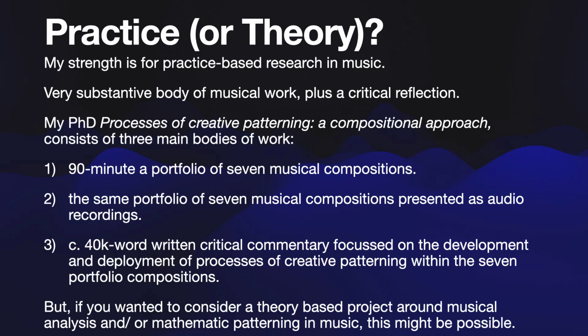So practice or theory. A practice-based PhD, for example, will have a practical component. So let's give an example in music of what this might look like. My PhD, Processes of Creative Patterning, a compositional approach, consists of 3 main bodies of work: a 90-minute portfolio of 7 compositions, all presented as audio recordings as well as scores, and a 40,000 word written critical commentary focused on the development and deployment of processes of creative patterning within the